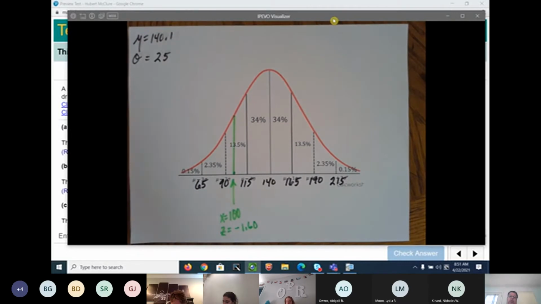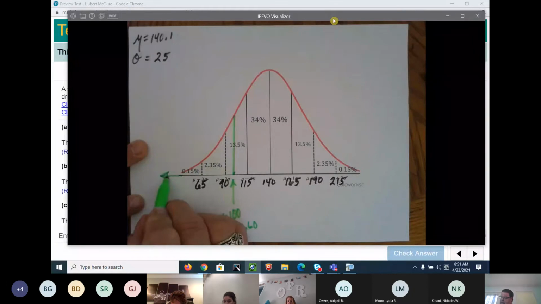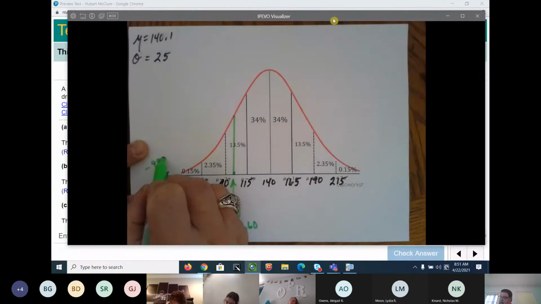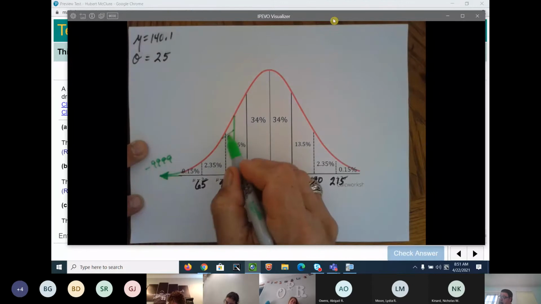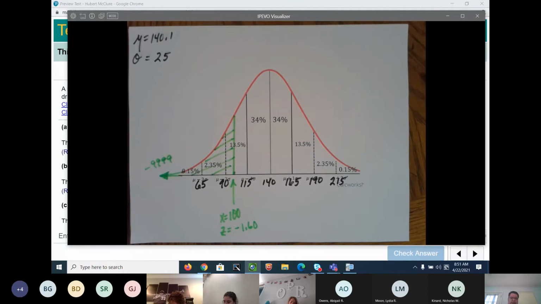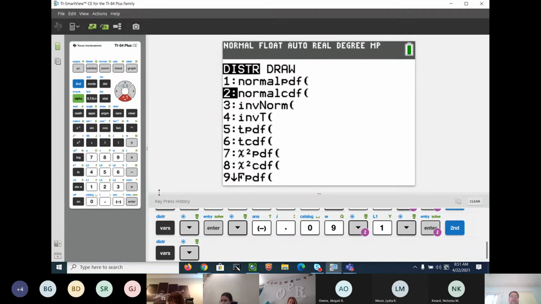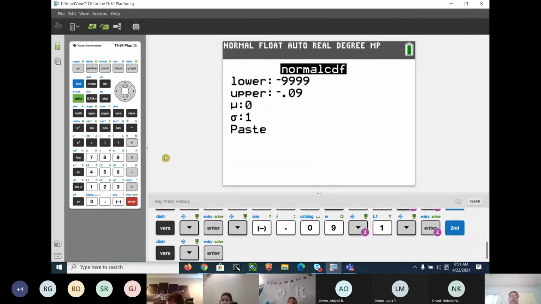All right, so there's your two scores. If you've got a new calculator, you use 100. If you've got an older calculator, you use negative 1.6. And of course, they want to know less than 100 seconds, so that means negative 9999. I'm going to do it with the new one because it's a little bit more accurate. So second VARS, normal CDF, negative 9999 to 100,